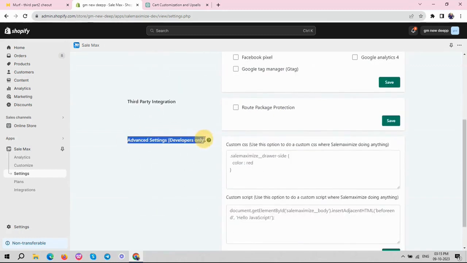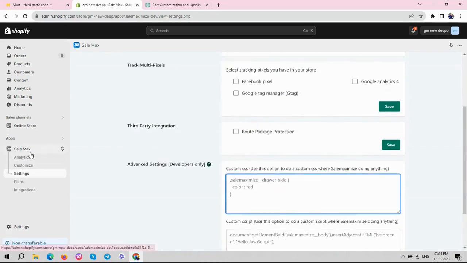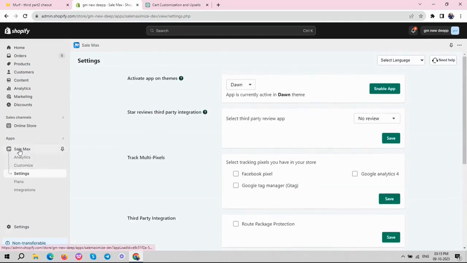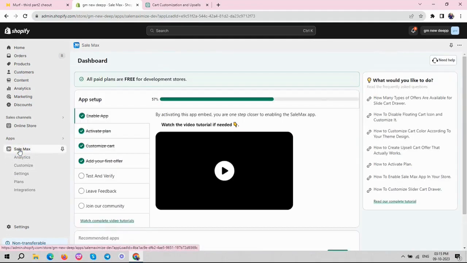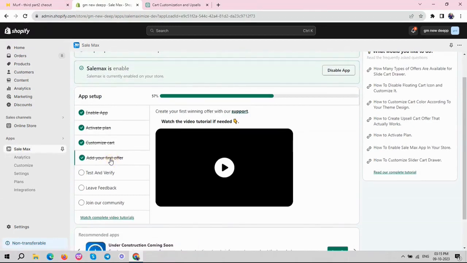However, I strongly recommend not using these without reaching out to our support team. That covers all the settings. See you in the 4th setup. Don't miss the 4th setup, because we will cover all upsells in that setup, which can actually help increase your orders. Now, go back to the home page,